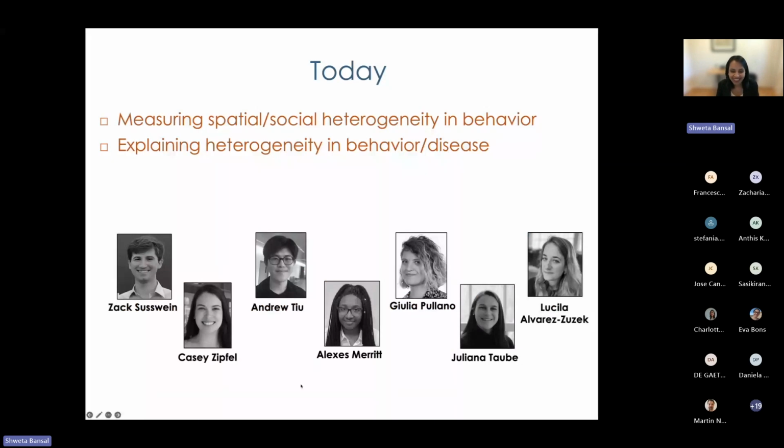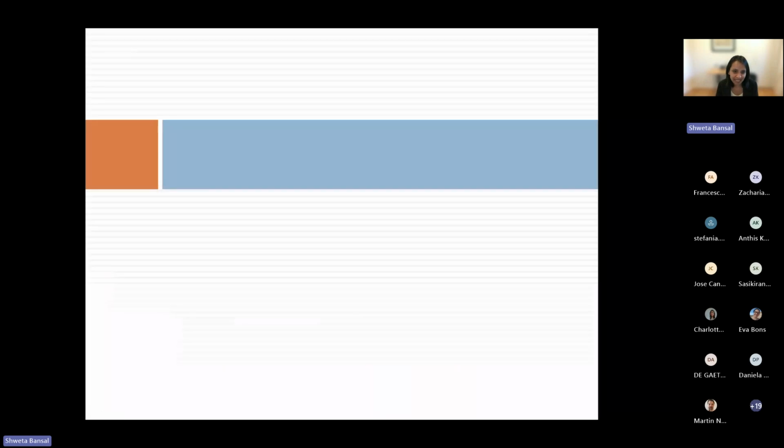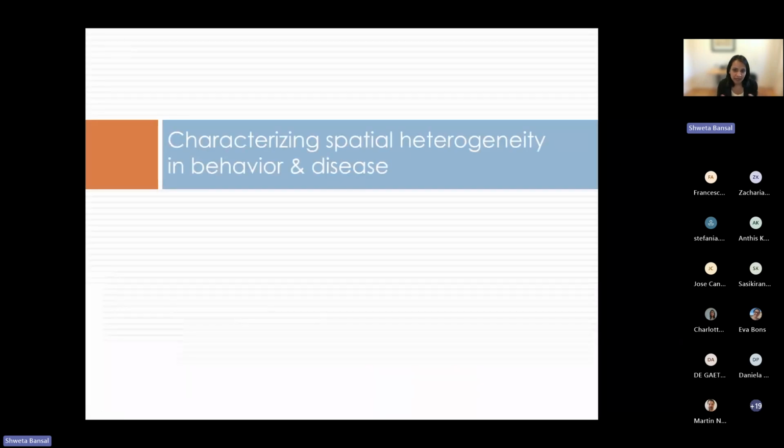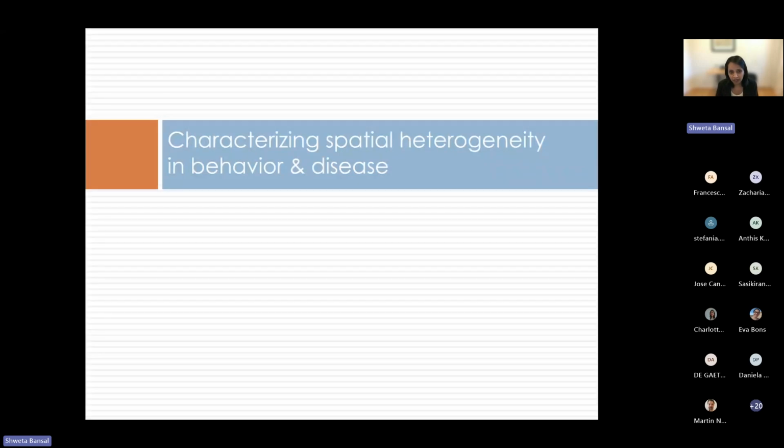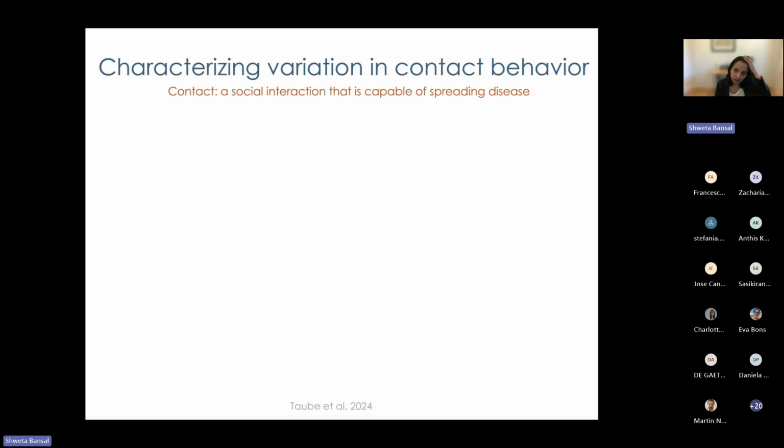So I want to make sure to give them all the credit here. And so I'll start with some examples of how we've used these data sets to characterize spatial heterogeneity in behavior and disease. The first behavior I'll focus on is contact behavior, where, of course, the contact is the social interaction capable of spreading disease. And, again, it's very, very central to our understanding of disease risk and how it varies within